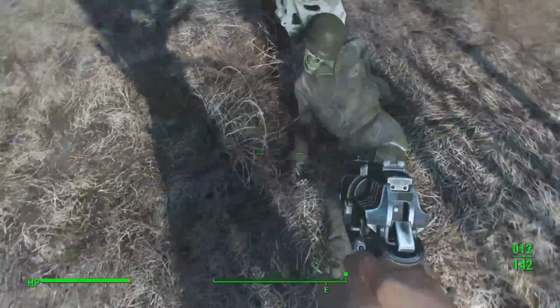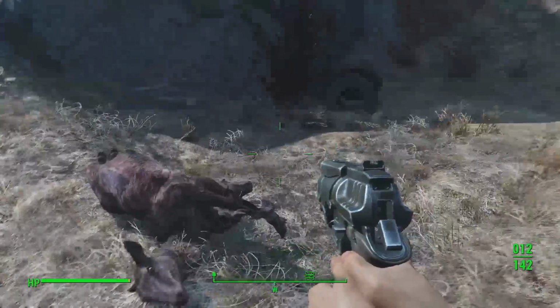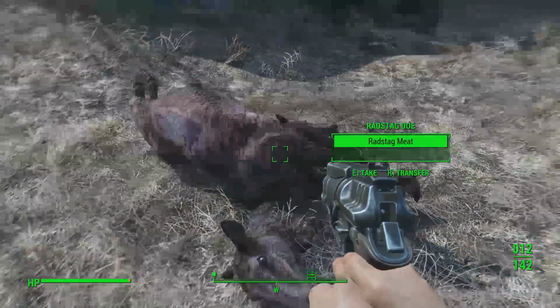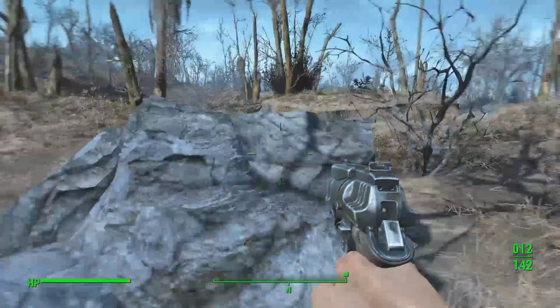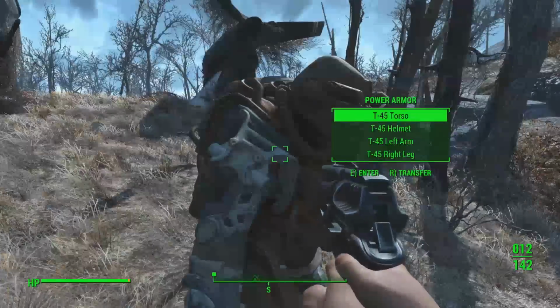Looky there. Can't take his helmet, which is a little bit of a disappointment. So it looks like those drop hides. I'm going to bring the hides along. I don't know if the meat's going to be immediately useful, but got a down vertibird over here with some...